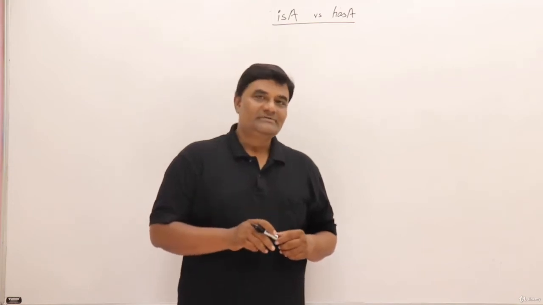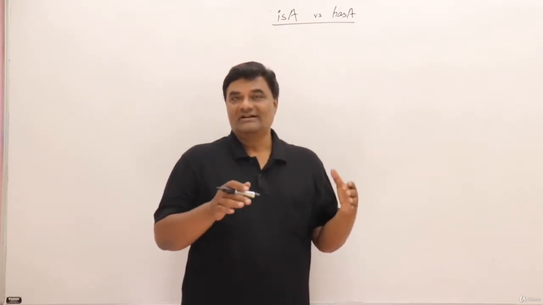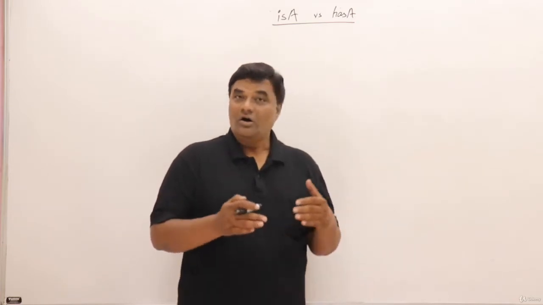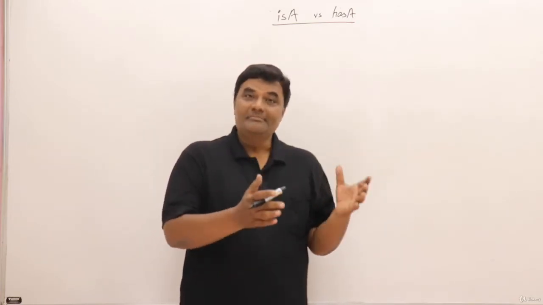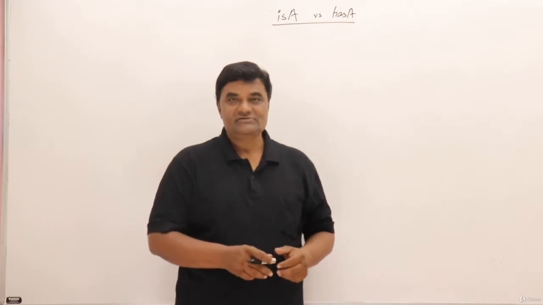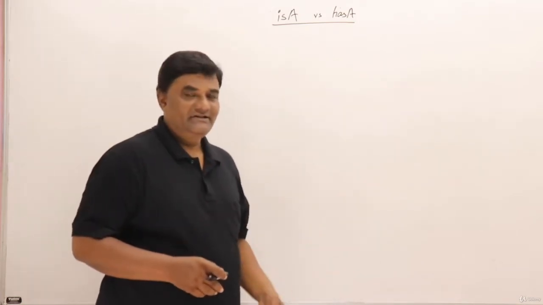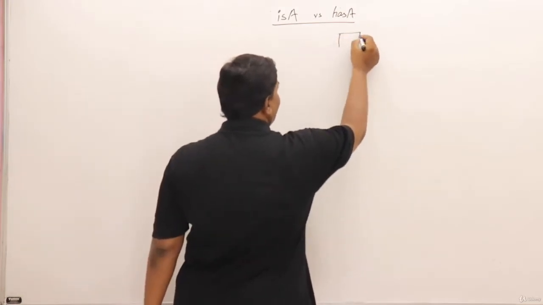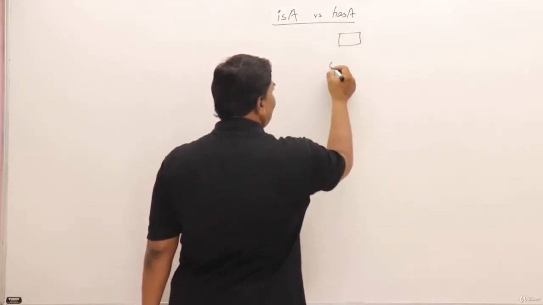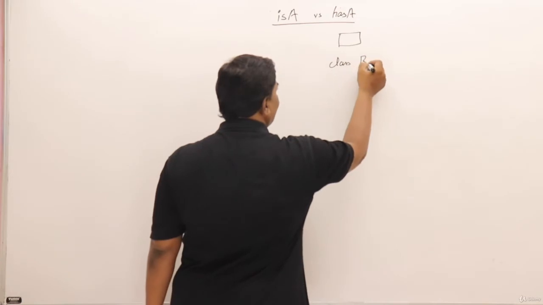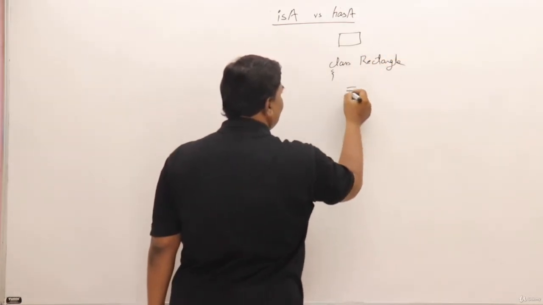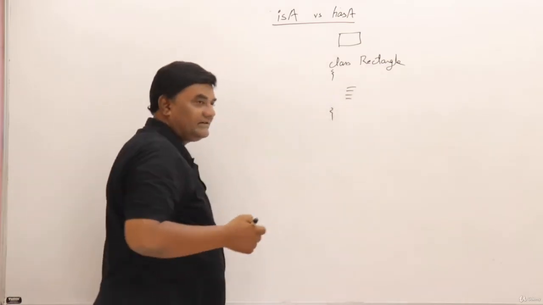Now, one more important concept in C++, this is useful for understanding access specifiers or accessibility of members of a class. So for this, let us take one example. See, this is a rectangle. So we already wrote a class for rectangle. Yes, members are there in the rectangle class.